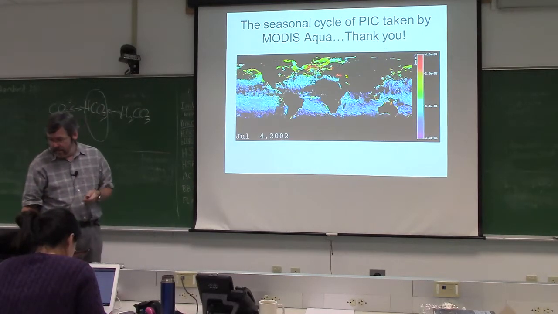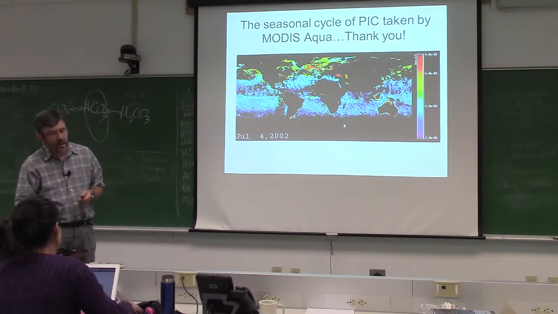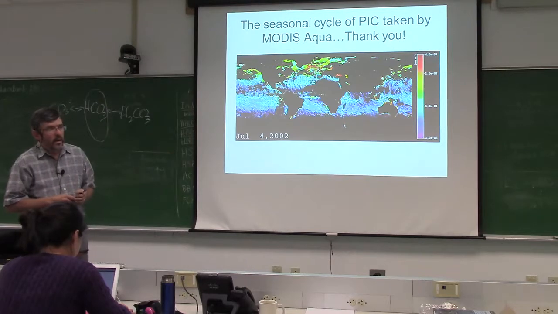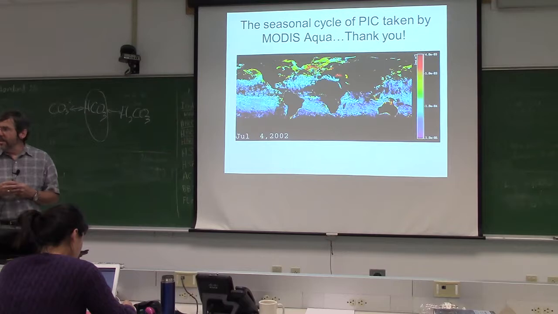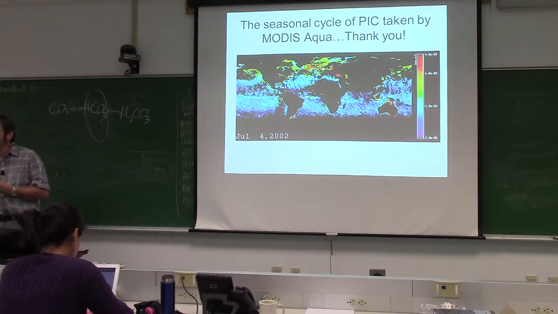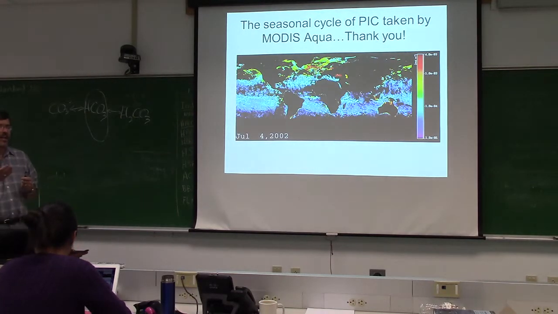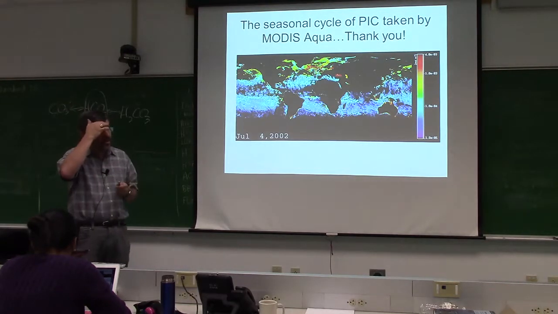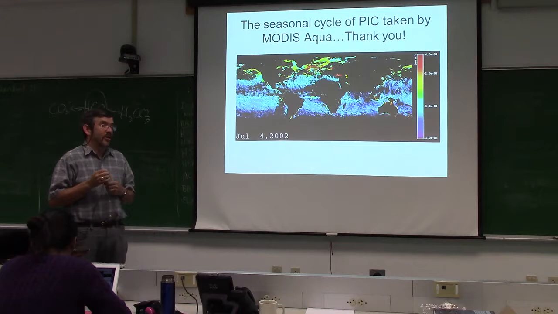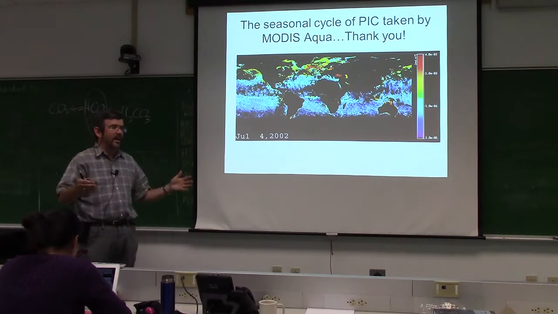Yes? Do you really need the ocean color to detect coccoliths, or could you use broadband? So there were 11 years, CZCS died in 86, and SeaWiFS didn't go up until 97. So there were 11 years where we didn't have ocean color. And so that one image I showed you of the North Atlantic, that was from AVHRR, where there's this really low sensitivity, broadband